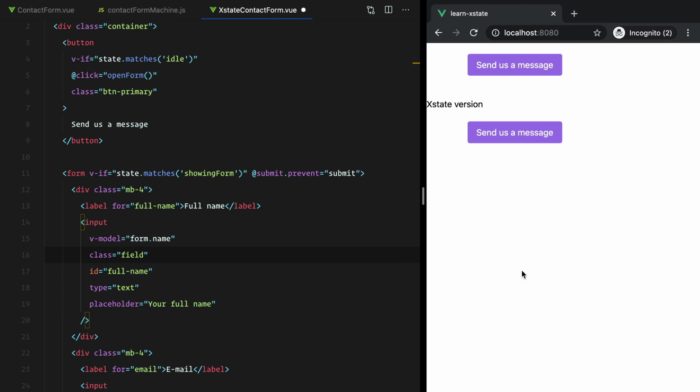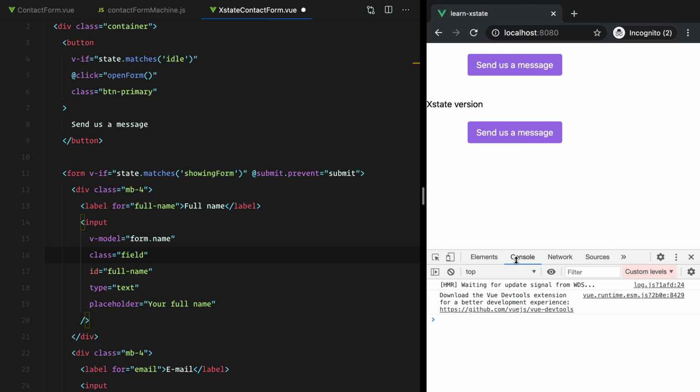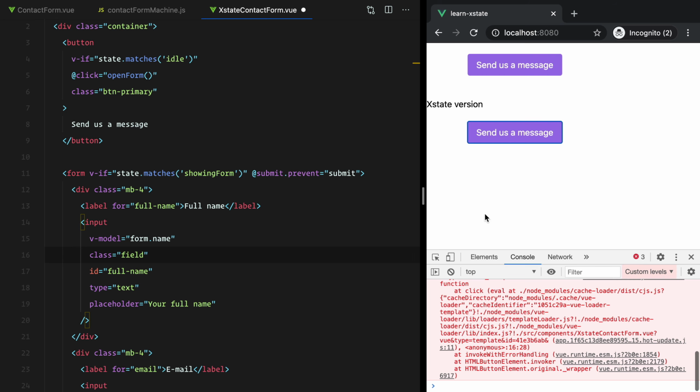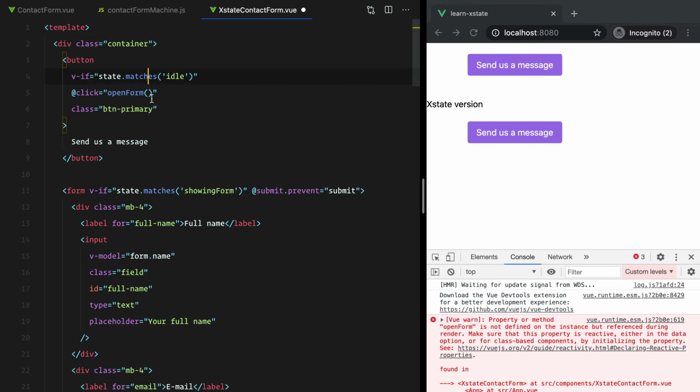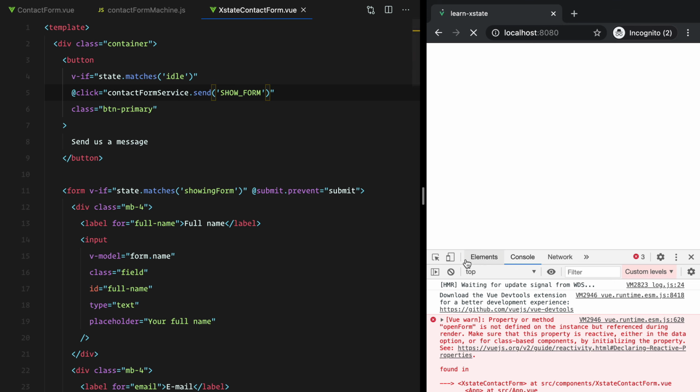Let's open up our console and click the send us a message button to open the form. It will complain that the openForm method no longer exists. Let's replace it by sending an event to our state machine. The event we need to send is showForm. Send show form. If we refresh,